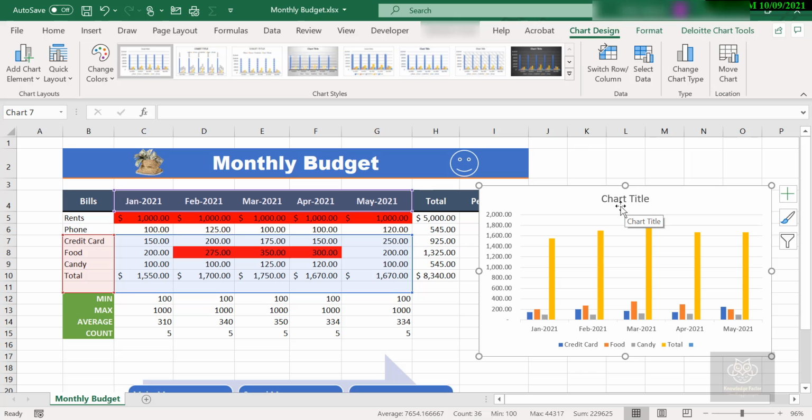Now something to keep in mind, again I chose a standard 2D column chart here. There are lots of different types of charts. Some charts are better suited, or at least better represent larger amounts of data, such as a column chart. It's great, or a bar chart is great for large amounts of data. A pie chart, not so great for large amounts of data, and I'll show you what happens when we try to do that.